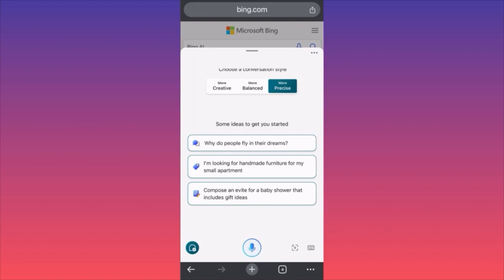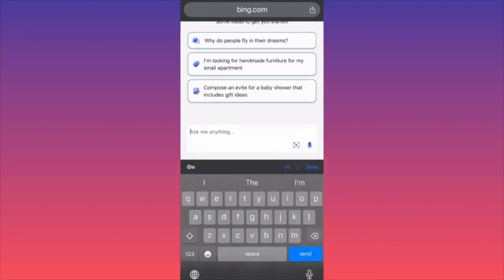Do you see the small keyboard icon? You click on it, then you click ask me anything, and in this particular example, guys, we are going to ask about best retirement plans.